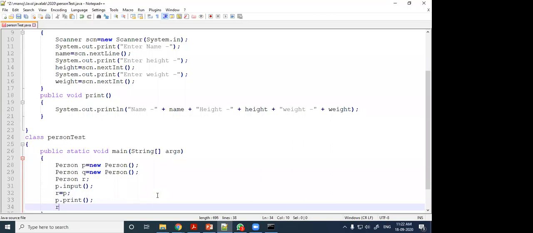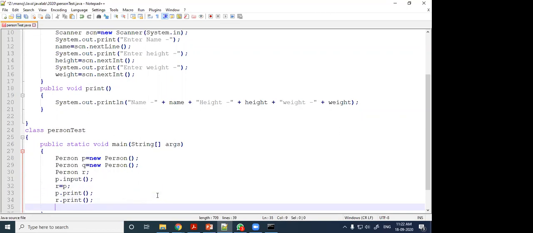Now r dot print. If I write r dot print, what will it print? Whatever I have entered in the p object. Okay. Now suppose q dot input. Okay.